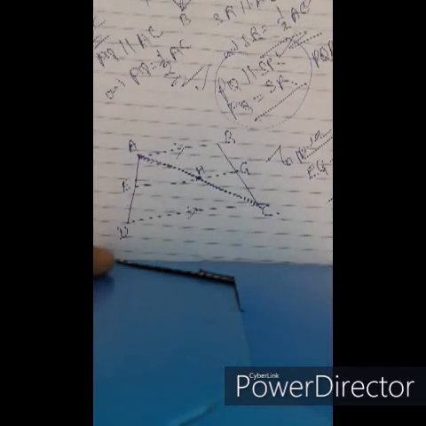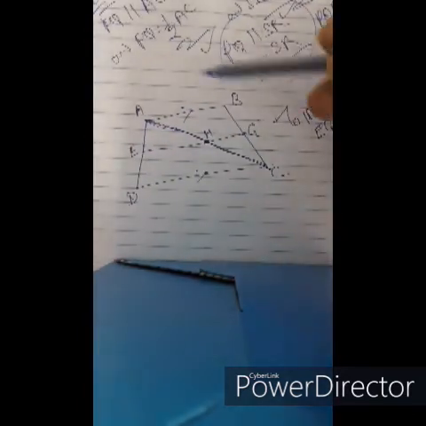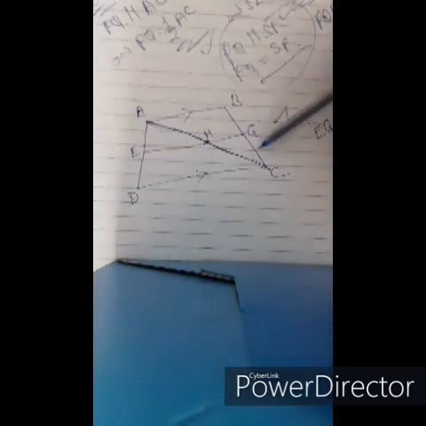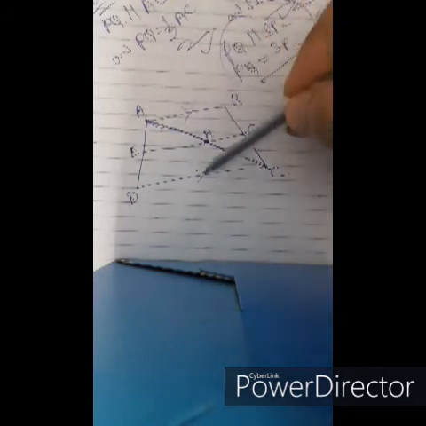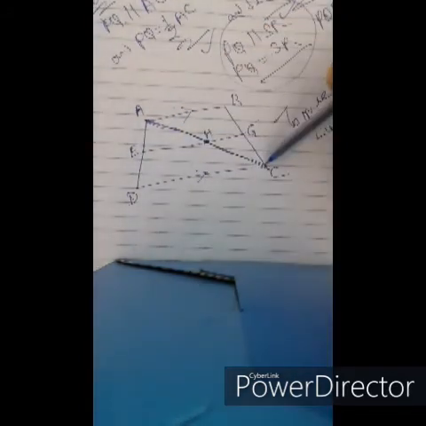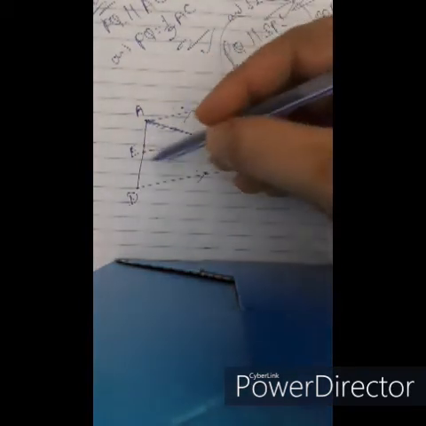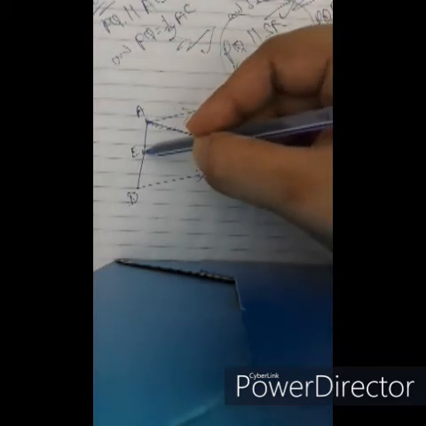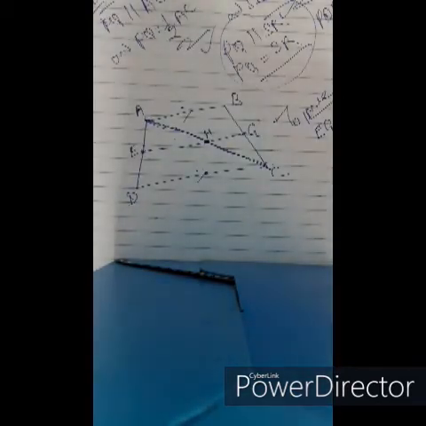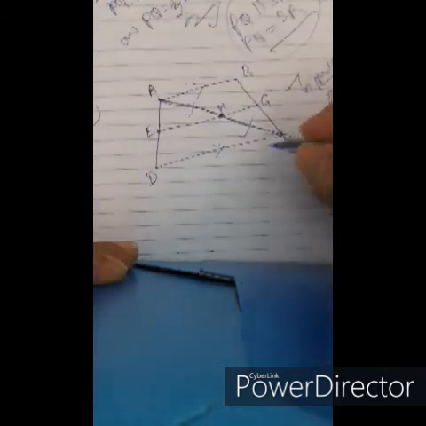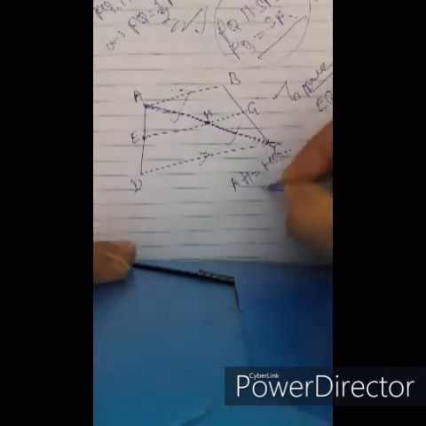So let's prove that. We know E is the midpoint of AD and it is given that EG is parallel to DC and DC is parallel to AB. That makes EG parallel to both AB and DC. So EH is parallel to DC. E is the midpoint of AD. Therefore, by the midpoint theorem, if a line joins the midpoint of one side of a triangle and is parallel to the second side, it bisects the third side. That makes AH equal to HC. We got that.